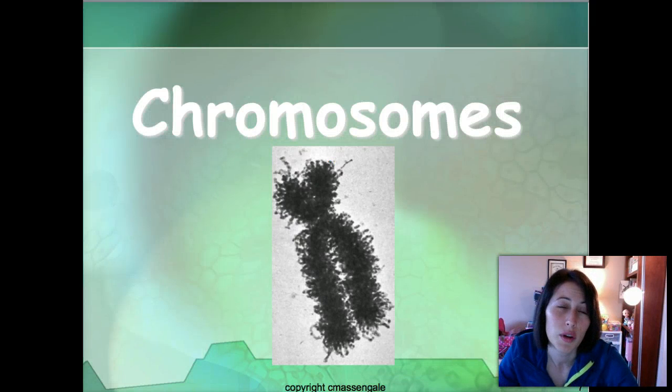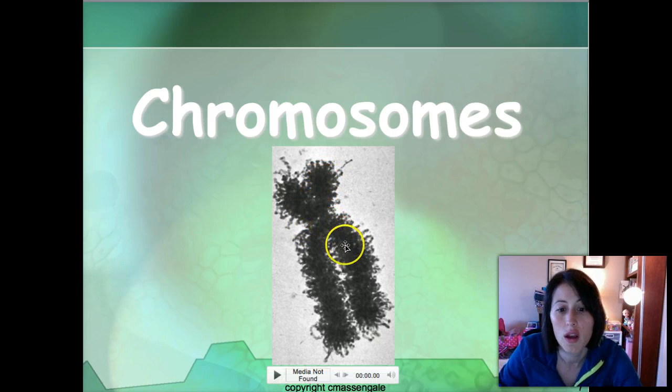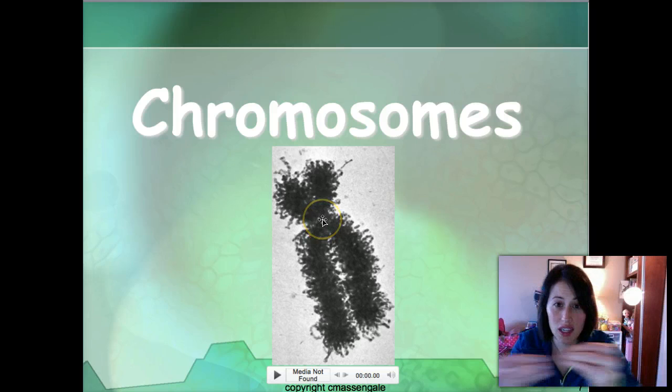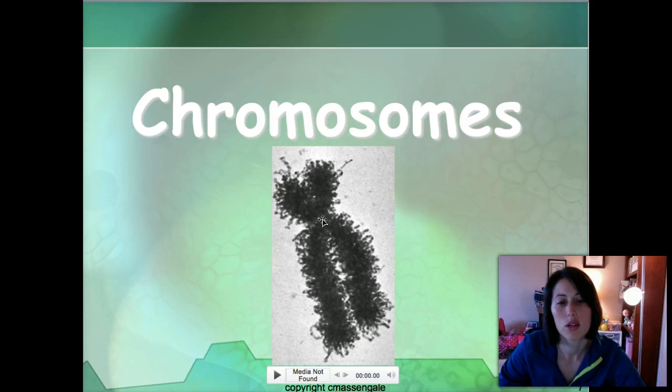Okay, so there's a couple of key terms that you need to understand first before we can even go into talking about cell division. The first one is chromosomes. If you look right here, this is one piece of DNA, and then this is the other identical copy of DNA, and they're stuck together in the middle. It's almost like magnets that stick those together in the middle, and that's called a centromere, okay?